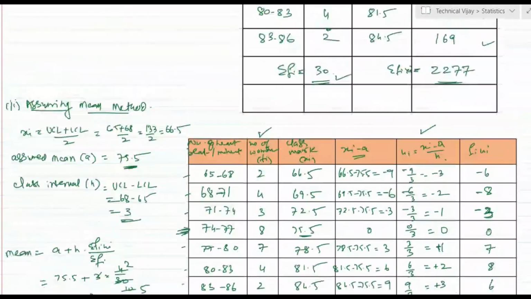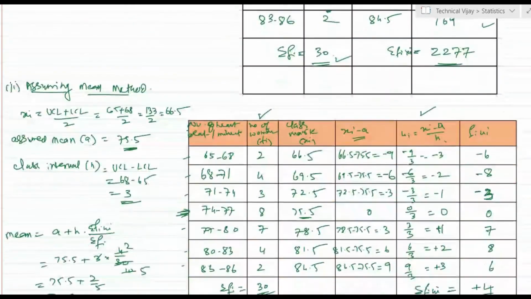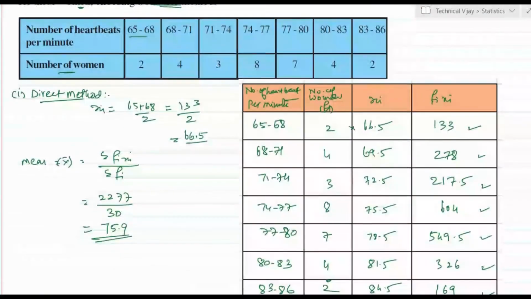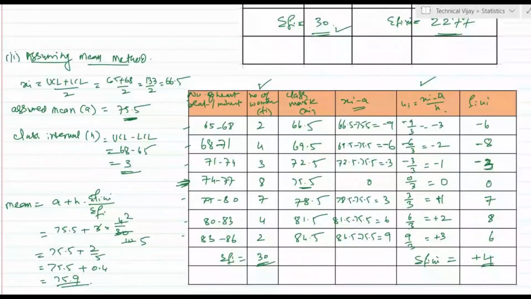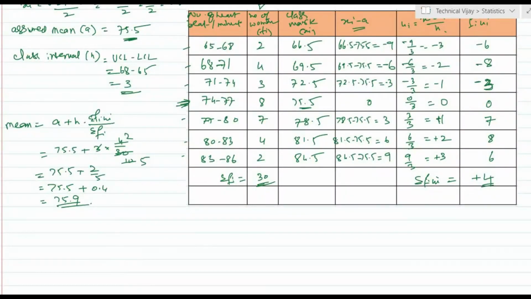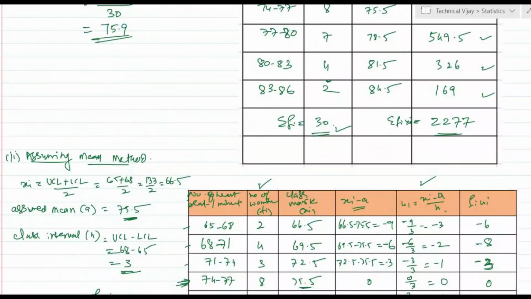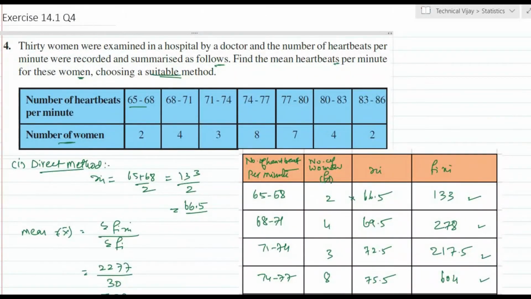Both methods are correct. So now here by observing these two methods, what we have understood, here the first method is simple, but it involves multiplication of larger numericals. Only thing is, here only 2 columns are extra, but the multiplication factor will be very less. This will be of course somewhat easier than the first method. Assuming mean method will be the suitable method for this one. Okay, we will go for next one.